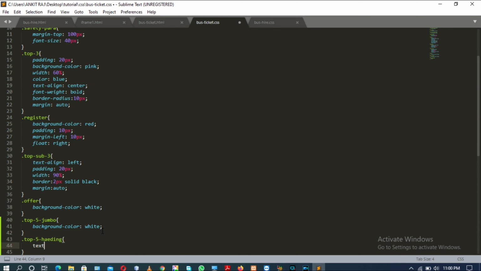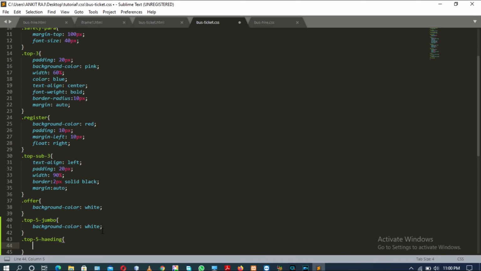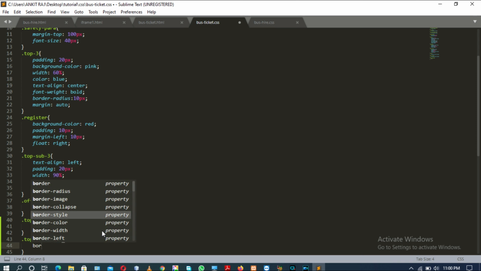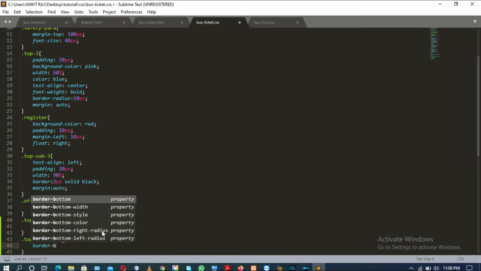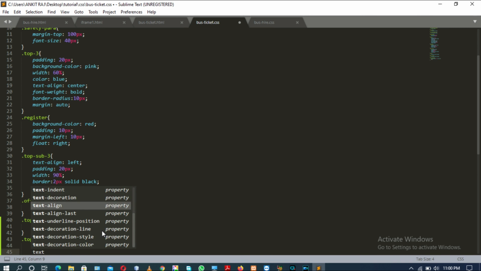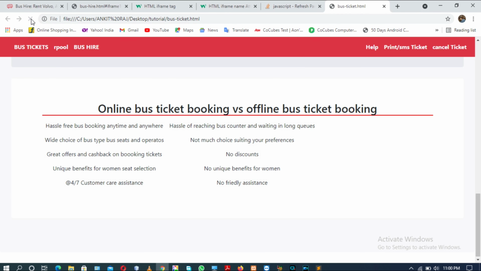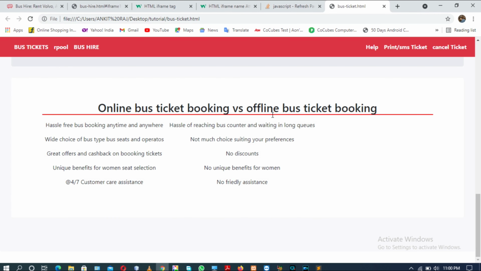Okay, there is an error here. There should be a property called border-bottom having the value 2px solid red, and another property called text-align with the value center. That's it for this class. Save it and see the changes first. Yes, you can see the changes are coming, but something is missing.